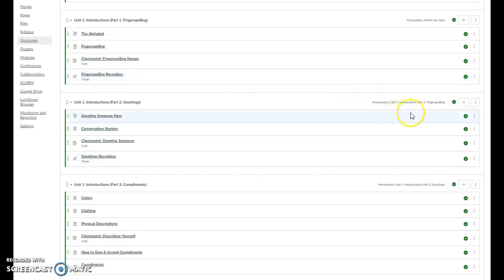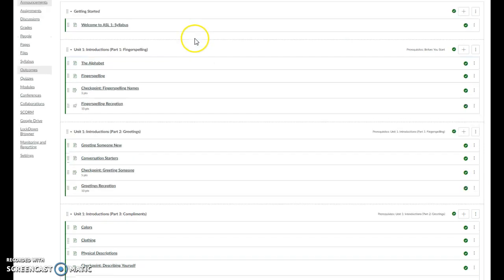They'll also see right here some prerequisites saying that they have to finish Unit 1 introductions before they can do part 3 for complements. I do have a welcome page for them to look at, so they can click on there